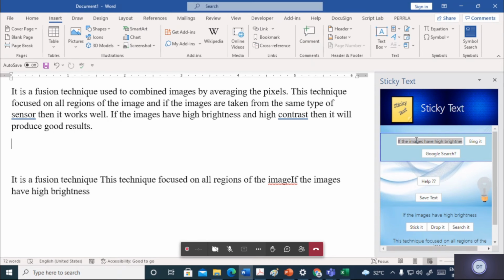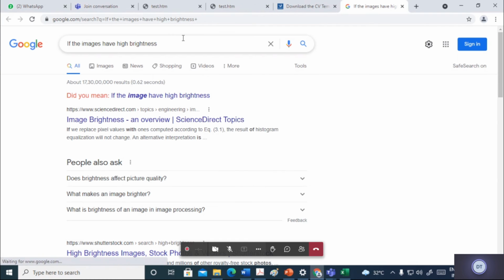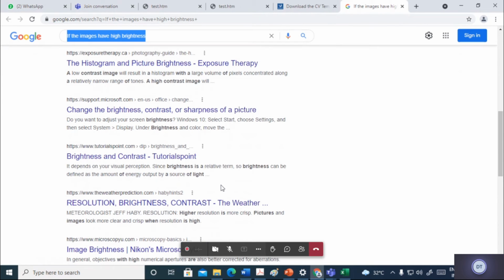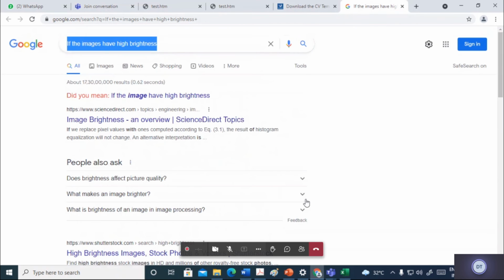One is Bing and another is Google search. If I click on Google it, this content goes to Google and you can see the search results. So very nice and useful features.